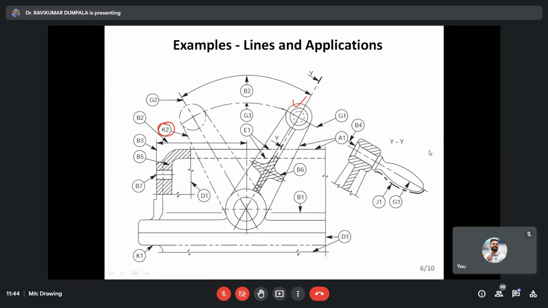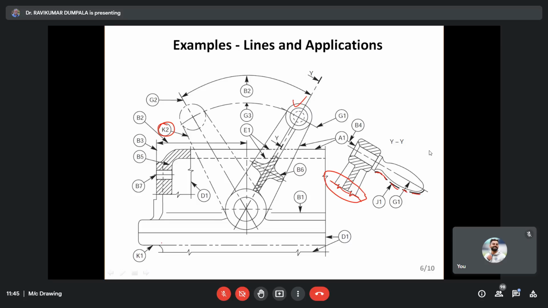You see here they applied grip. So it is chain thin single dash but thick line. Sorry, chain thick. And chain thick it is. That indicates the grip. You see here, this is a symbol, this is the line. So it means they're showing only part of the component. They're not showing the complete component. It may not be required, they've just shown this line. So it means the part is discontinued. Like this.